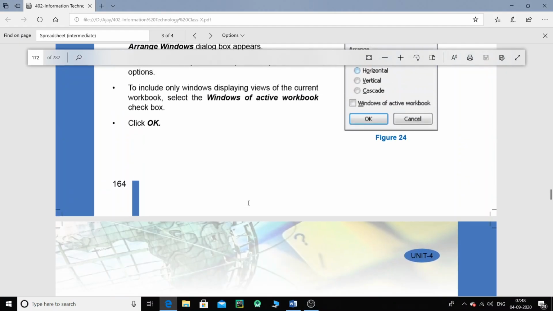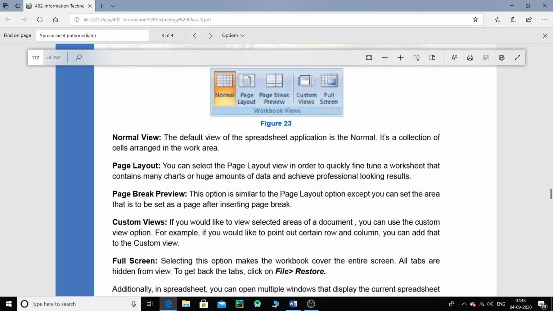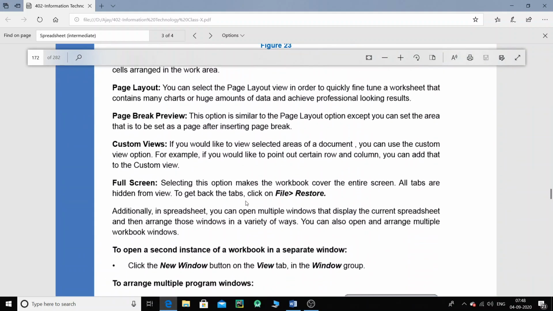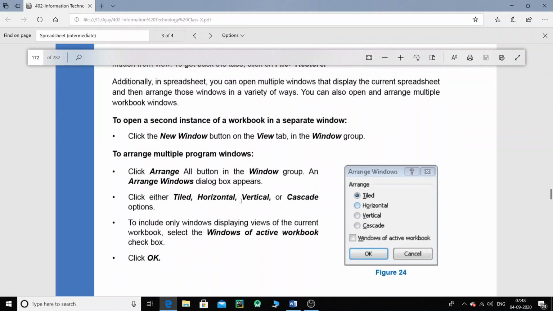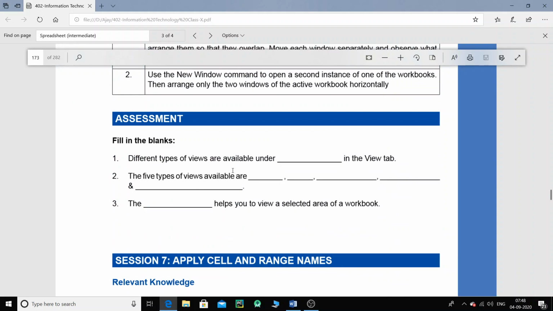Let me just check this one. Okay, different types of views are under dash in the view tab.